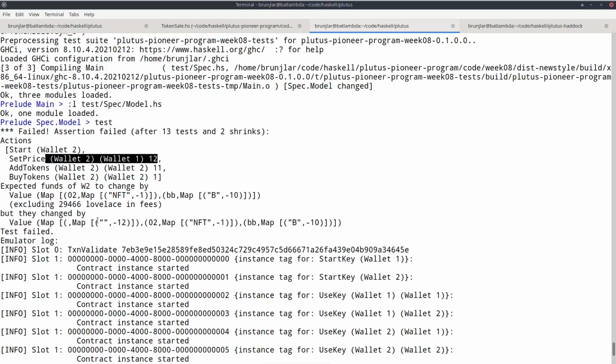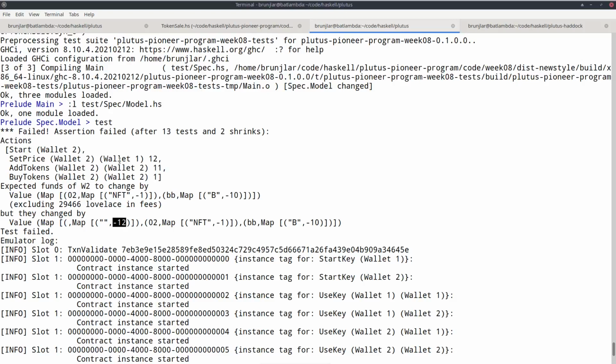But in the emulator, it did have an effect in the actual code, and we see that here we lost 12 Lovelace. So this discrepancy in the flow of funds has been found, and QuickCheck reports the error, which is quite impressive, I think, that it comes up with this scenario which actually demonstrates the bug.